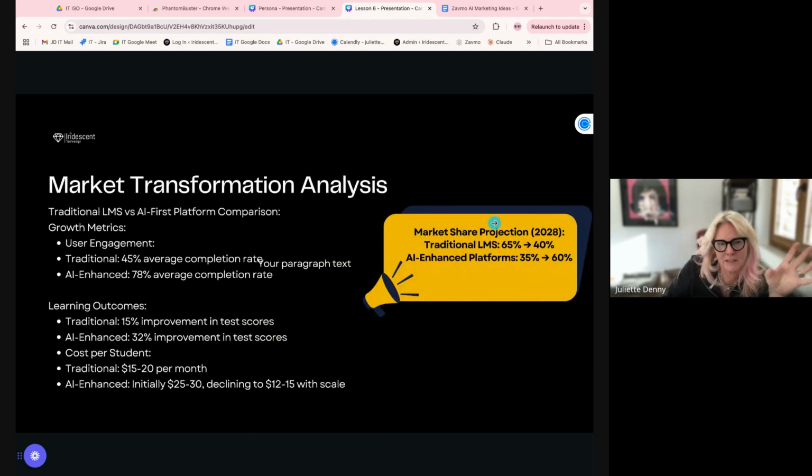So, basically, if you look at the next level, okay, so the why of what we're doing, right? When you look at the market projection, we can see that the traditional market projection is still looking really good. So the LMS market is dropping, but it's still a bigger market, whereas AI enhanced platforms are going the other way. So if you are an LMS platform that is not going to put on any AI features and functionality, then obviously your market share will decline. That's just an unfortunate fact of the market.